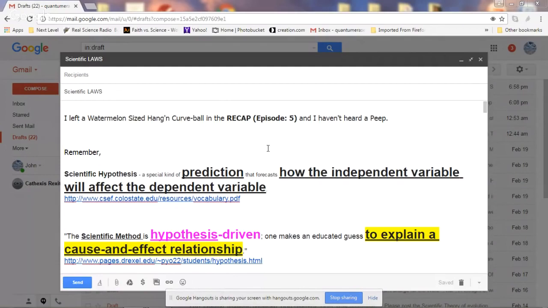So remember, we'll just do a brief review of scientific hypotheses, the scientific method, scientific theory. It'll be painless. And then we'll get into a subject that I don't know if anyone has any comment on. They could leave the comments below the video. But I'd be interested in what people have to say on this. So let's just go for it.